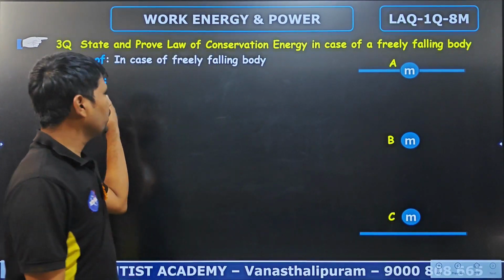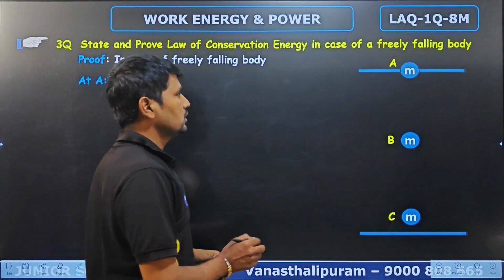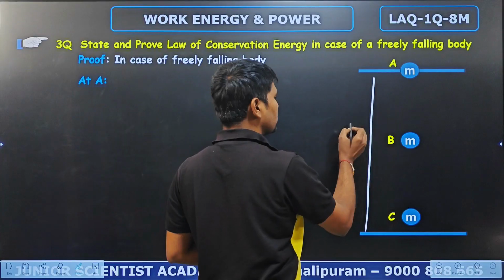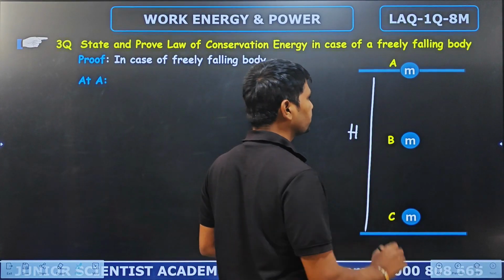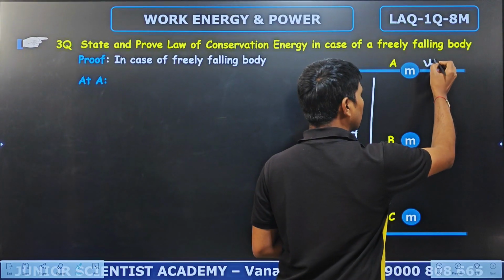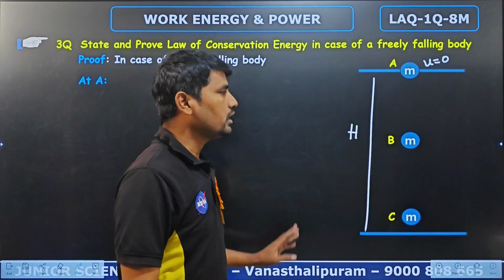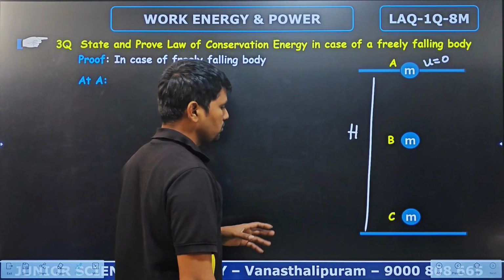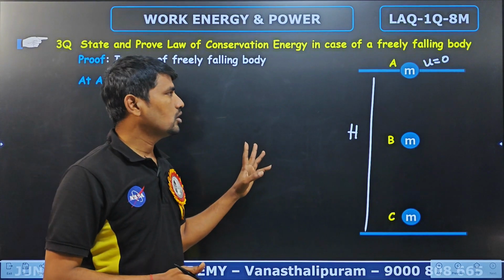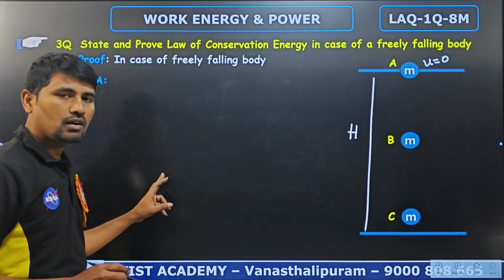Here we have to verify the energies of the body at point a. So the body of mass m is at a certain height, capital H, and the body velocity at a, the initial velocity u, is equal to 0. Here it is the maximum height h. To do this problem we need 2 formulas, potential energy formula and kinetic energy formula. Potential energy P is equal to mgh. Kinetic energy formula is half mv square.